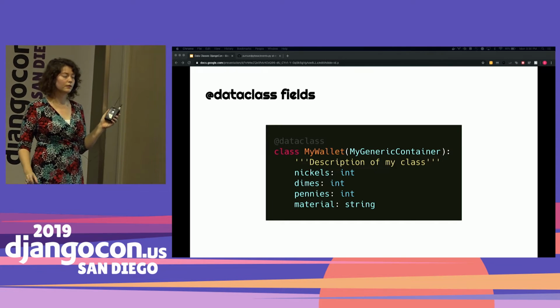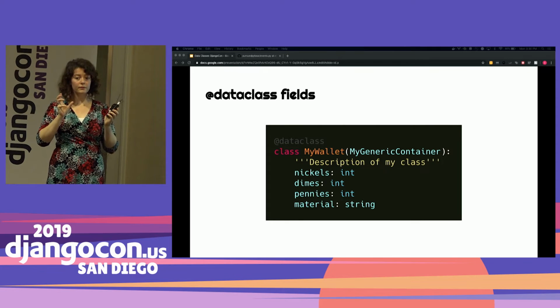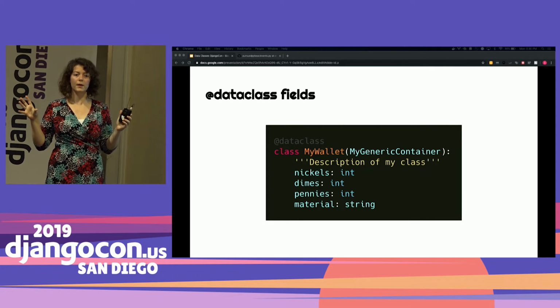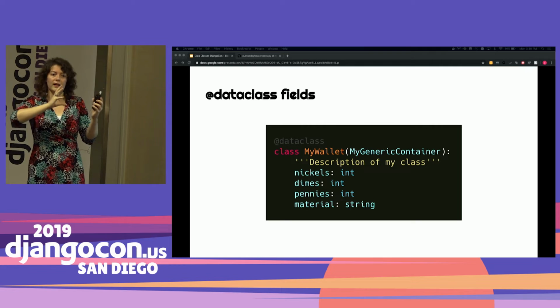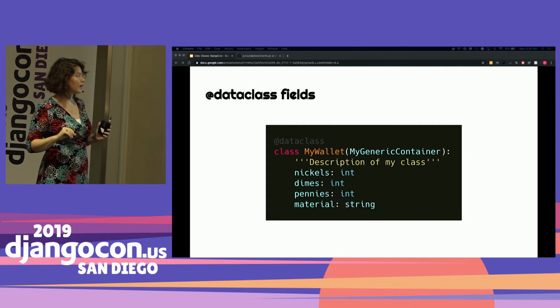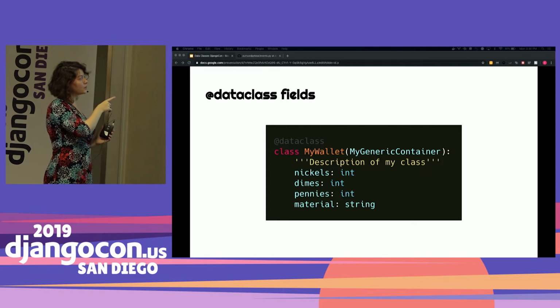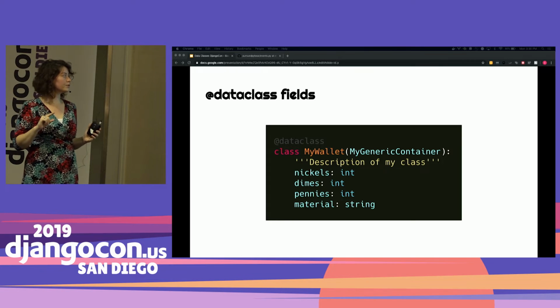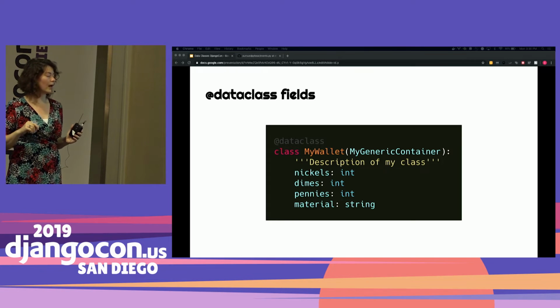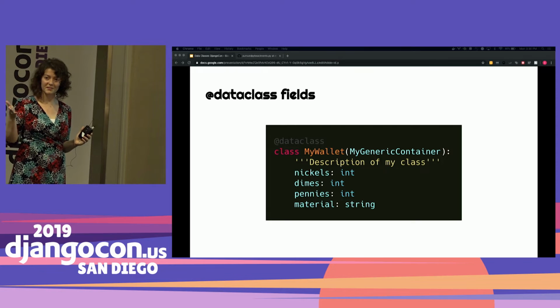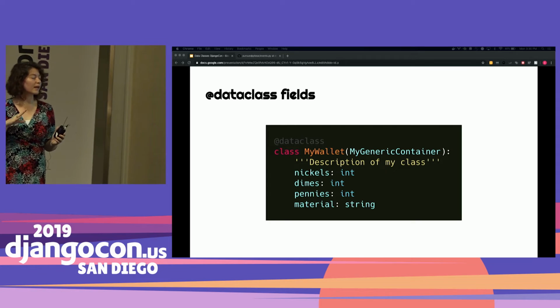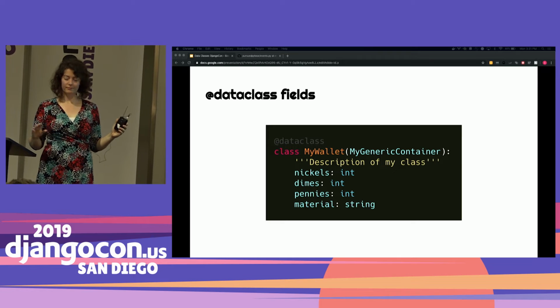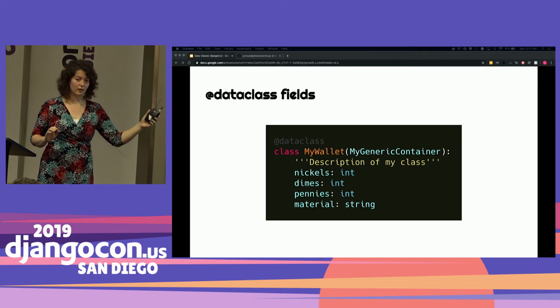In data classes, we call these attributes fields. You'll see in a little bit they expand to have their own special data class fields category. And you can use the class attributes, function attributes, and the type attributes from the get-go. Much quicker. We have initiated our class. Done.